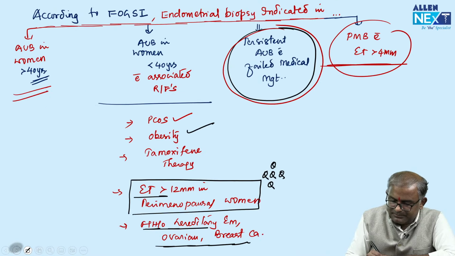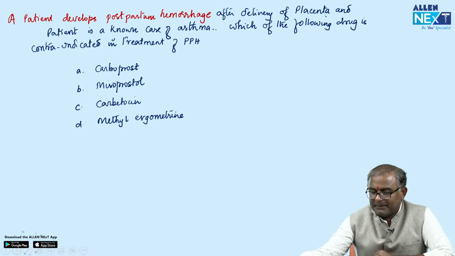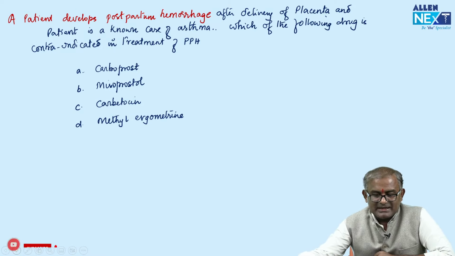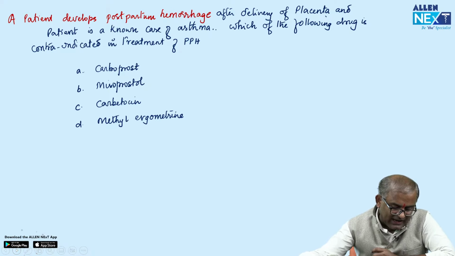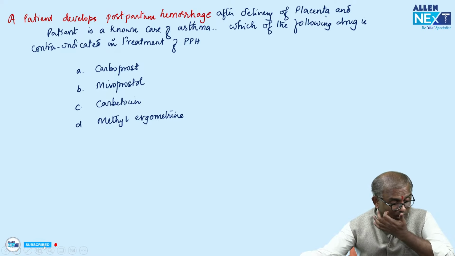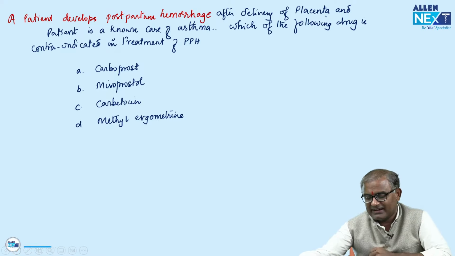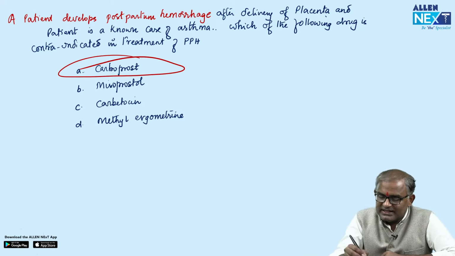Is it clear? Okay. Now look into this. A patient develops PPH after delivery of placenta, and the patient is a known case of asthma. Which of the following drugs is contraindicated in treatment of PPH? Whenever a patient is a known case of asthma, what uterotonic is contraindicated? Definitely it is carboprost, which is nothing but